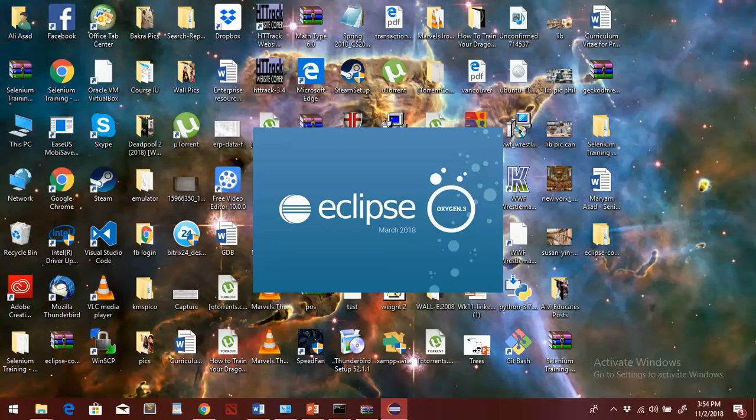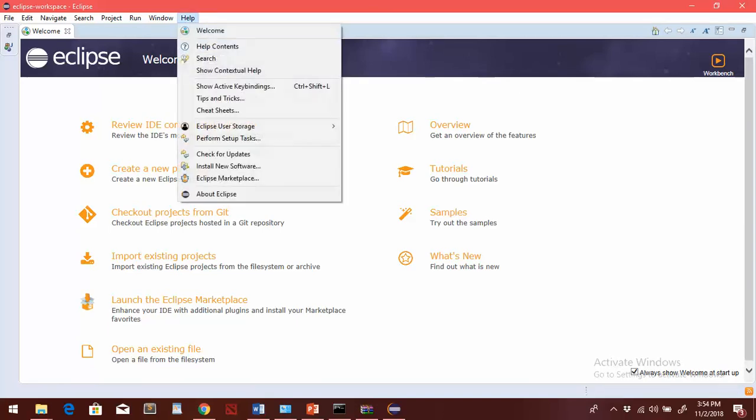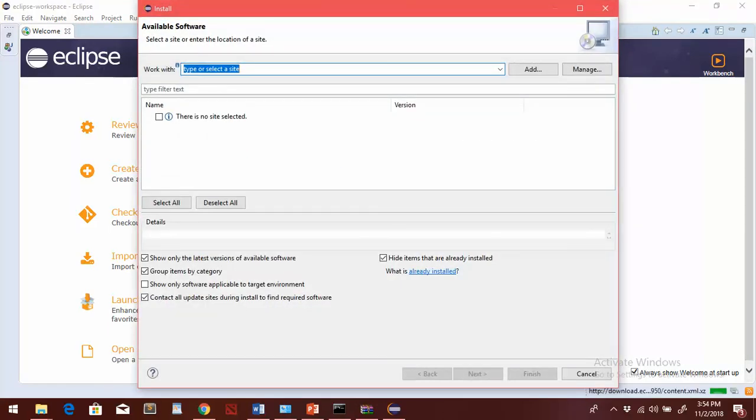As you can see, Eclipse seems to be loading again. Once it gets loaded, I'll show you how to install Python on an Eclipse environment. So now we're back on the screen. Now you have to click on the Help option here, click Install New Software, and in the Work with tab you have to write https